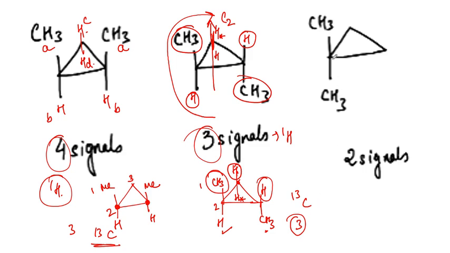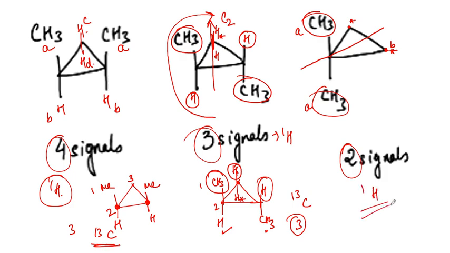Okay, very well. Let's now talk about the last molecule. Do you see that there is a sigma plane which is rendering these 2 carbons the same, and the other sigma plane is perpendicular to it, containing these 3 carbon atoms, and it is also going to render these 2 methyl protons the same. So one signal for the methyl protons, the other signal is for the methylene protons. So only 2 signals in the proton NMR spectrum.